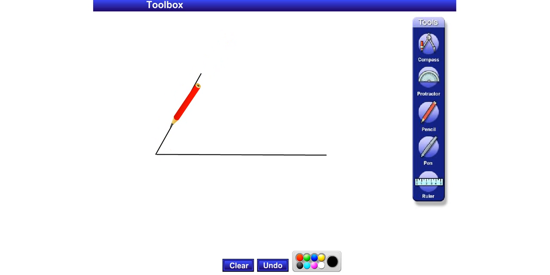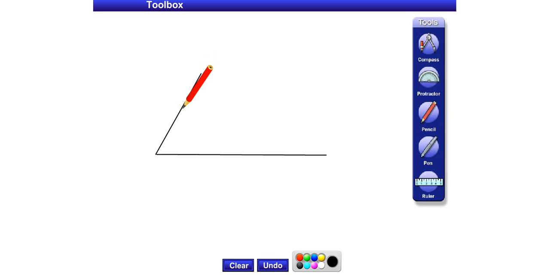This line is going to be a double purpose line. It is going to be a side of our trapezoid as well as something that we're going to use to construct the parallel line. Anytime you construct a parallel line, you're actually using the corresponding angles and constructing congruent angles. So we're going to start here and then copy the angle up here so that we have another angle with